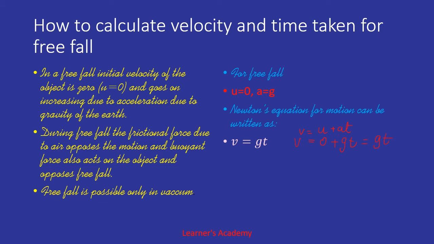Alright, the second is s is equal to half gt square. So why do we take this? Because the actual formula was s is equal to ut plus half gt square. Now since initial velocity u is 0, this multiplied by t will also become 0, plus half g,